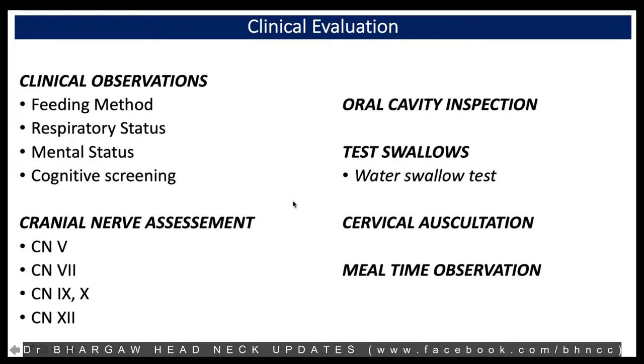Then we also do bedside evaluation. The simplest one is a water swallow test, which is usually between 30 ml to 100 ml. What we usually do is give 30 ml of water to the patient, if you think that he's able to drink water, and assess whether the patient has a cough or a gurgly voice. You can also auscultate, because you will hear 2 swallow sounds. That's normal. And if there is a gurgle or a prolongation of a swallow sound, you know there is an abnormality.